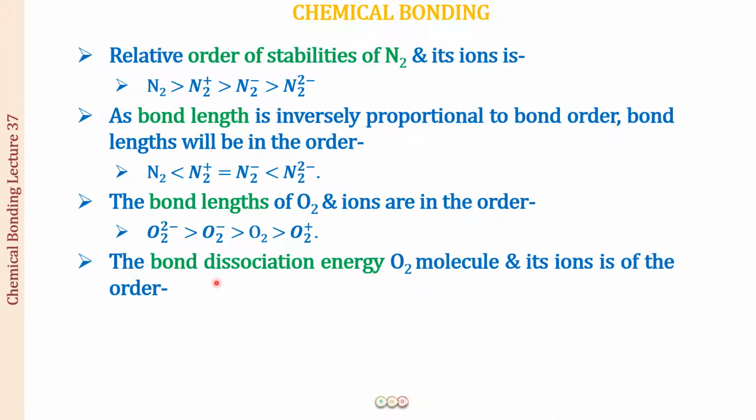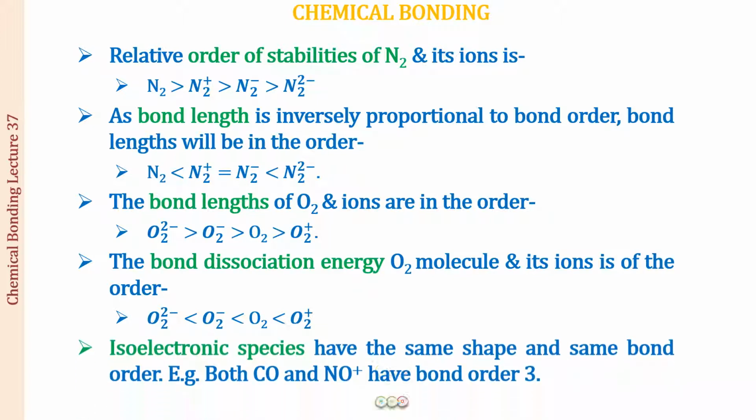Now is the bond dissociation energy. So this can also be asked. So the dissociation energy that we have studied, more is going to be the bond order, more is going to be the bond dissociation energy, because more number of bonds have to be broken, so more energy is required. So the order is going to be just reverse of the bond length. So O2 2-negative is going to require the least bond dissociation energy,